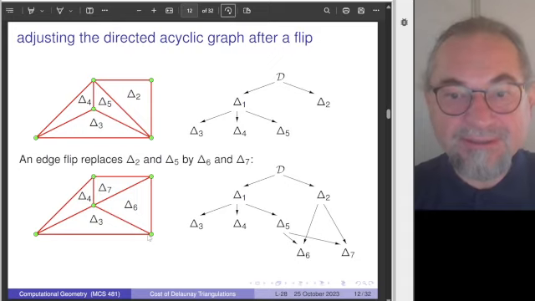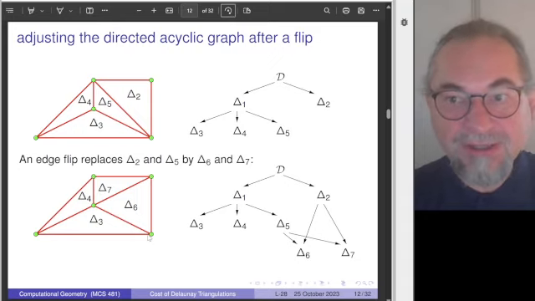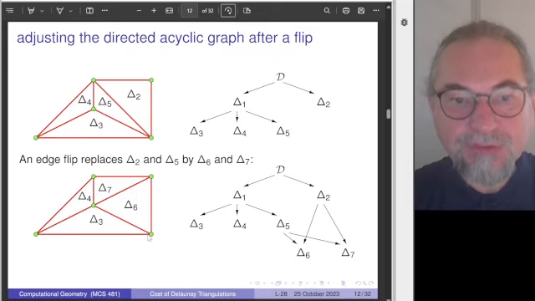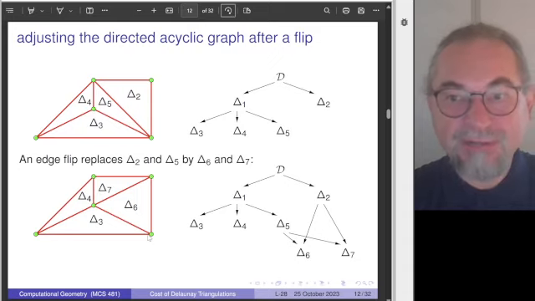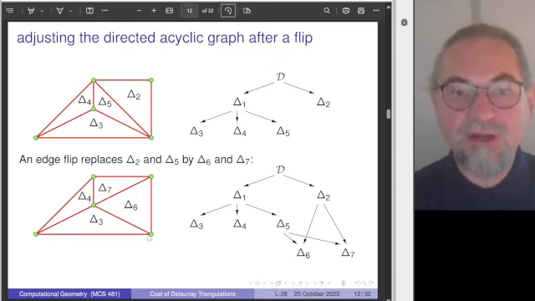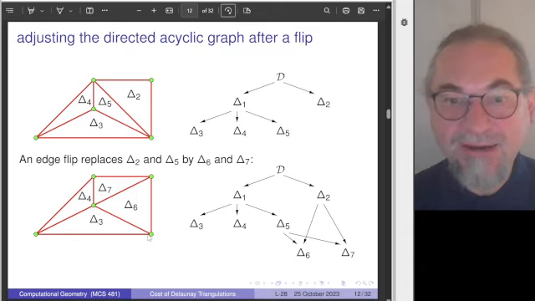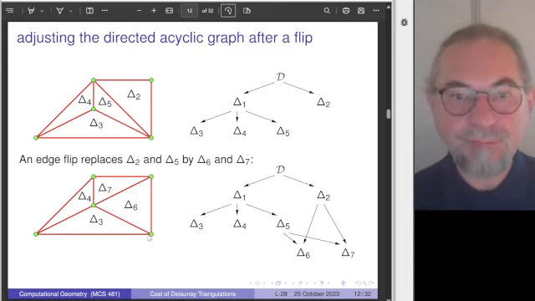So it's a directed acyclic graph. So we store in the leaves the triangles and we store the leaves only once. So in a way, you can get to delta 6 via the old triangles delta 1 and delta 2. So delta 6 has a part that is shared between these two initial triangles. Okay,